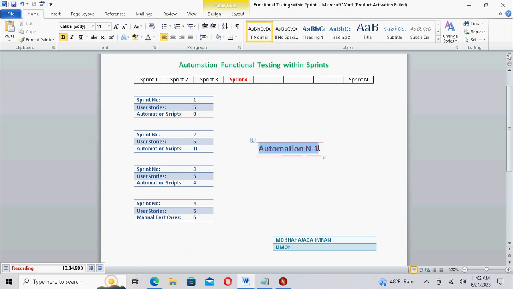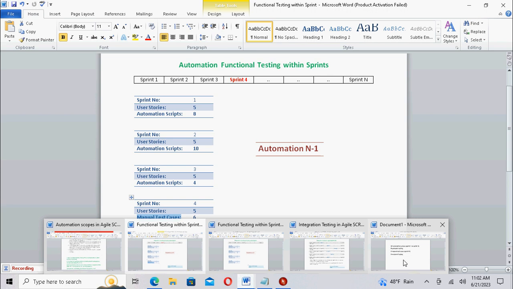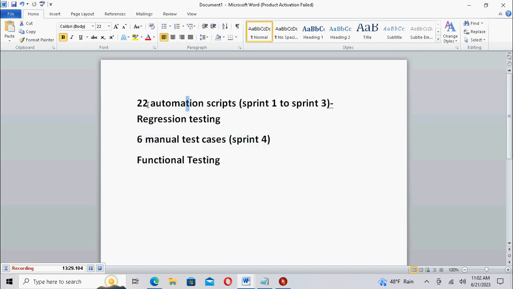The model is automation in -1 model, and the sprint is open. Developers are working on the user stories. The QA team wrote manual test cases. We don't have a scope in sprint 4, but in sprint 1, 2, and 3, when we are in sprint 4, we are executing these 22 automation scripts and also executing these 6 manual test cases. So this is one scope, regression testing scope, and we do not have any automation scope for functional testing on a sprint